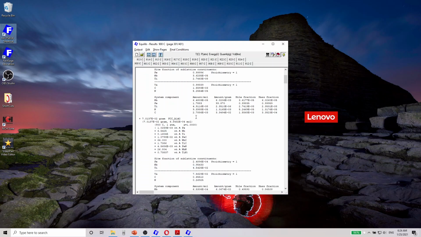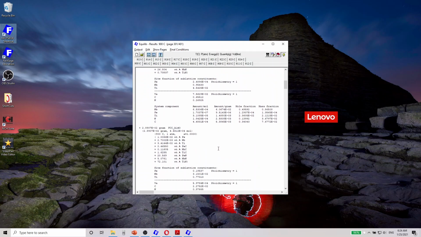The next, FCC A1 #2, is actually the niobium carbonitride phase. Niobium is the major component in here. Then the third FCC A1 phase, FCC A1 #3, has titanium as the major element. So this is the titanium